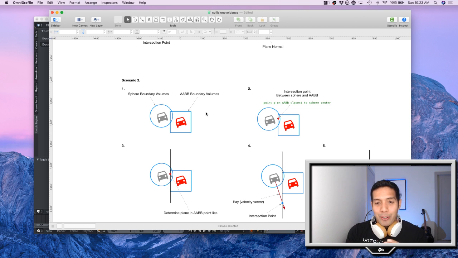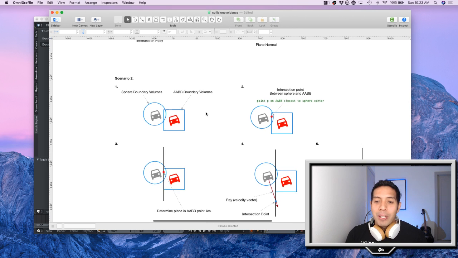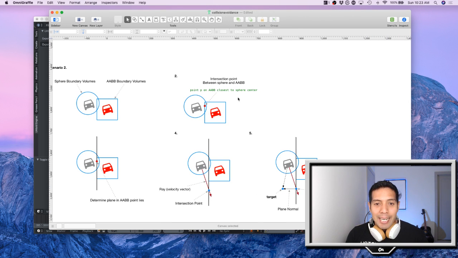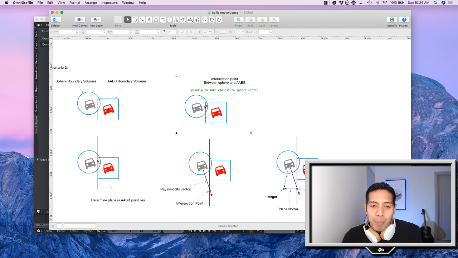The first thing we need to do is compute the intersection point between my sphere and my cube. That intersection point is going to be a point on my cube that is closest to my sphere center. That's the key. And